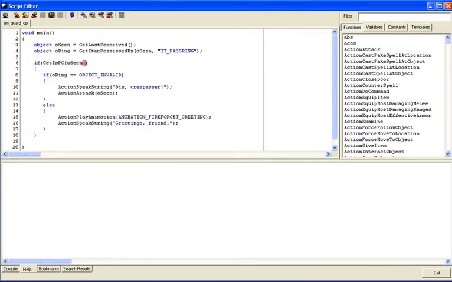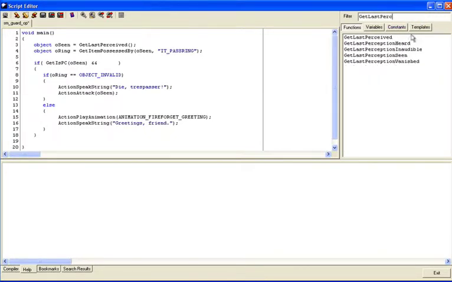But we're going to modify this if statement so that it checks for two things at once. Okay? And so let me put a little space in here so you can see how this is going to work. We've got one condition right here: GetIsPC(oSeen). After that, I'm going to put in two ampersand signs. If you've never heard that term before, it's the AND symbol. It's Shift 7 on your keyboard, but the official name is ampersand. And in an if statement, in most C-based programming languages, it just means AND. So we're going to test for two things to be true. If it's the PC, and we're going to do a function called